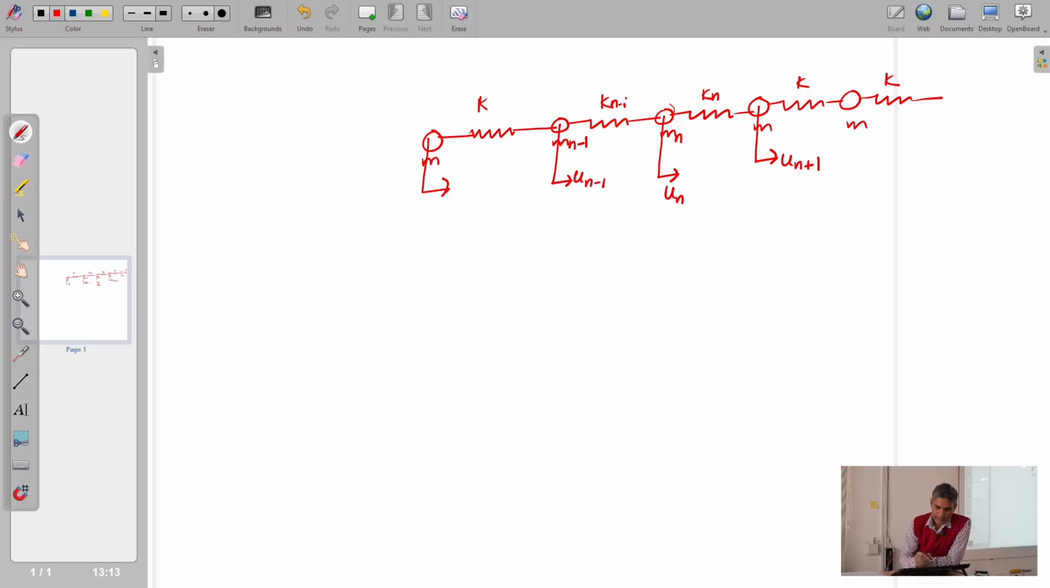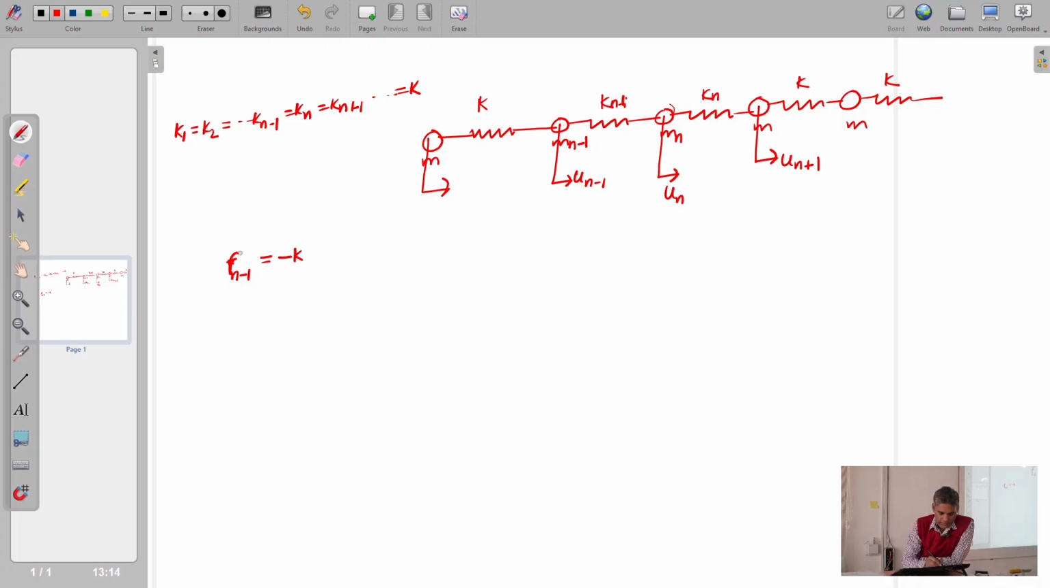So, can you see the force applied by, say, the left spring? The force applied by the left spring, F n minus 1, is equal to minus K, of course K n minus 1. Since all the springs actually have the same stiffness, K1, K2, K n minus 1, K n, K n plus 1,